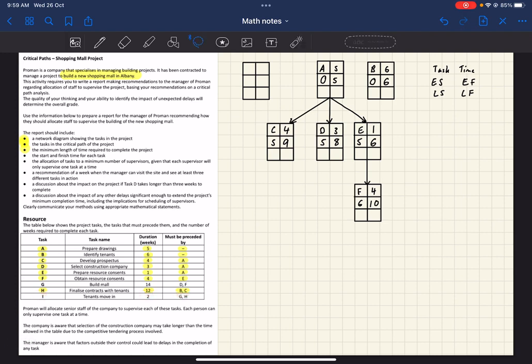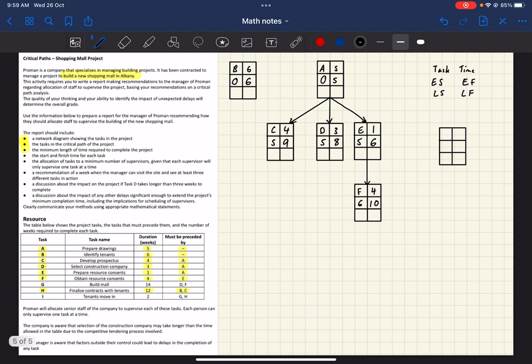So I'm going to move things around a little bit. I'm going to put B there, because now it's next to C, and it just makes my diagram a little bit prettier, a little bit easier to read. Now this comes after 2 tasks, so that means I've got 2 arrows going to it. So that is task H.